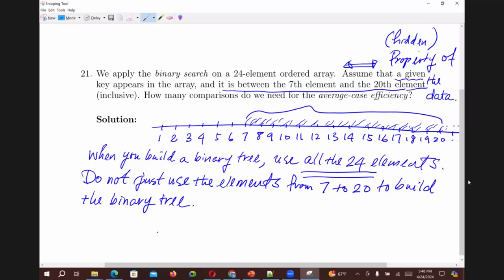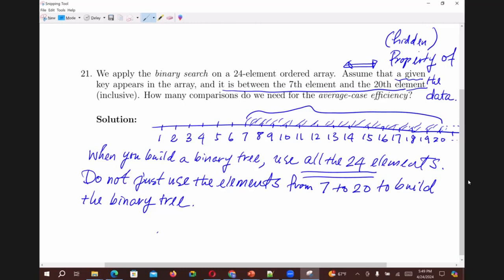Because here, you need to modify your code. If you only cover elements from 7 to 20, then in your code, when you pass the data, you need to specify that you only cut off. You take the subarray from elements 7 through 20, you build a binary tree. You need to do that in your code, but here, as a hidden property, you do not know that, right? Nobody tells you that, okay? But that property happens